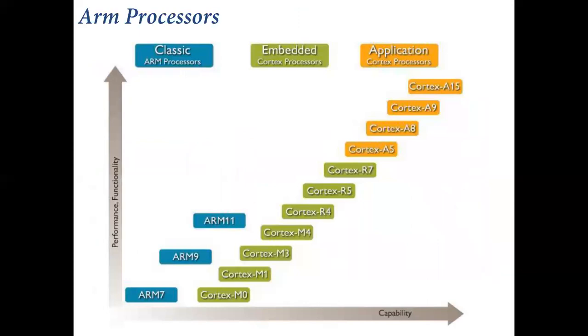So these are some of the classifications of the ARM processor. If you see ARM 11, it is up to 11, and if we see the Cortex, it is up to R7. Now it is up to A5. It is based on the application. There are three types. One is ARM processors, then Cortex processors, then we have application-based Cortex processors. Okay, so based on the performance, capability and functionality, up to ARM 11 there was a little bit of change in the architecture, that's all. Other than that, all the changes take place in the Cortex.